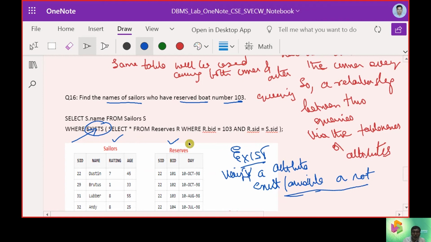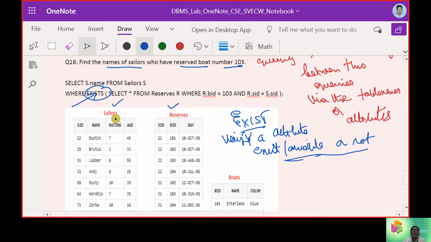Now s.sid is taking the sailors table, and r.sid is taking the reserves table.